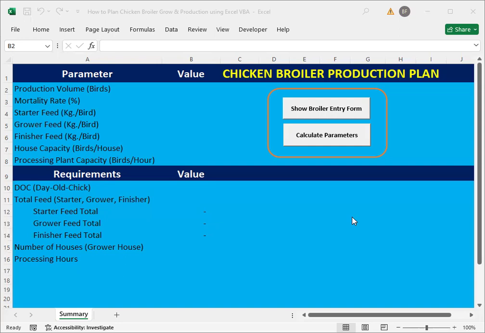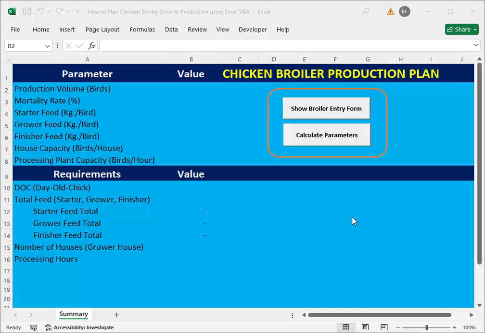on the processing hours. We're going to find out easily by automating the process by creating a macro, then writing all the VBA codes. There are only two groups of macro that we're going to need for this. One is for the data entry form that we're going to have, and then the calculate parameters. Okay, so the entry form or the user form will be the same as the calculate parameters, only that the